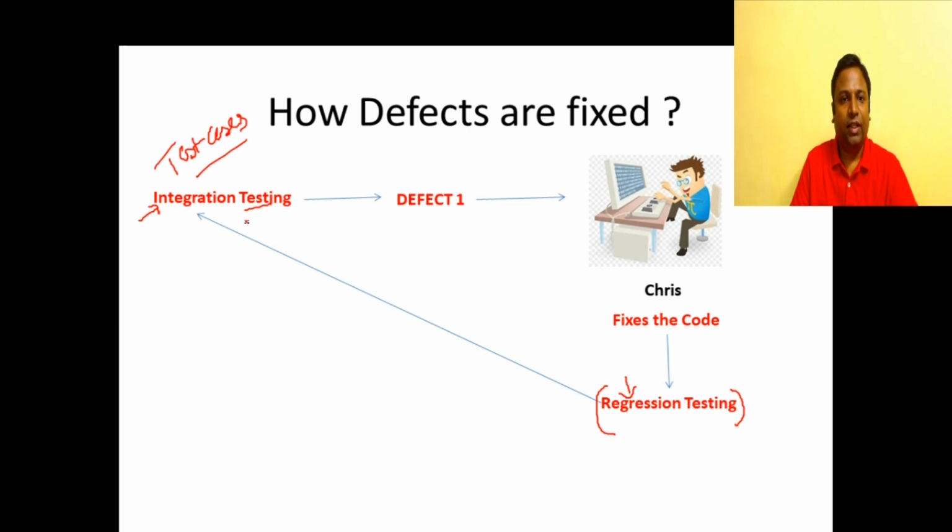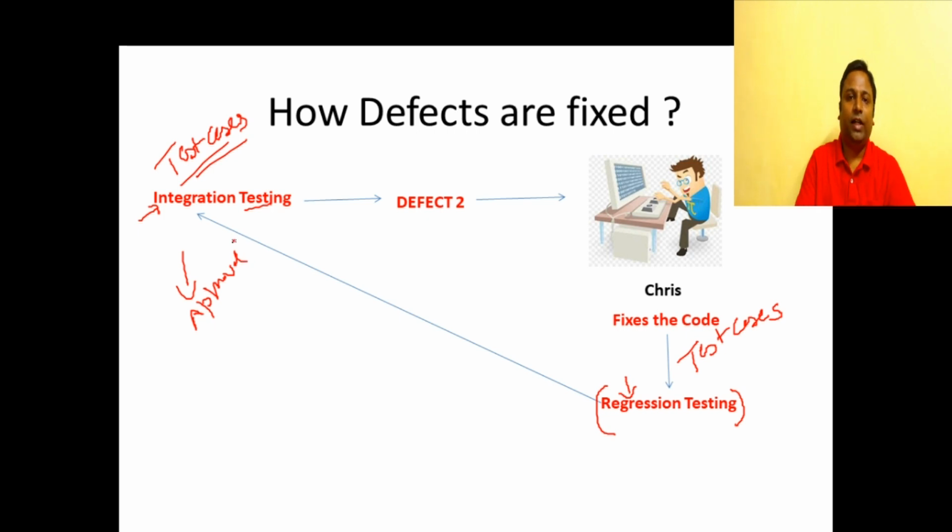So again, when he is integration testing, if he gets another defect, so again he'll be informed, and he should go and unit test, again run all the test cases, and when all the test cases in unit testing satisfy, you will be pushed to integration testing. Again, all the test cases should be run, and then the final approval can be given. So this is really a time consuming task. This is how it is done.